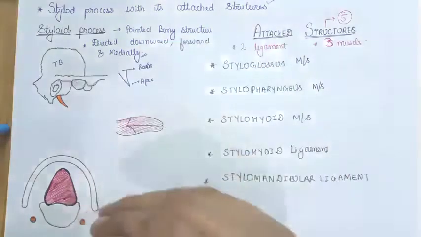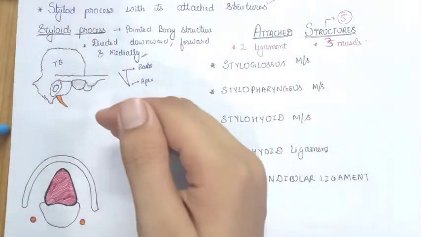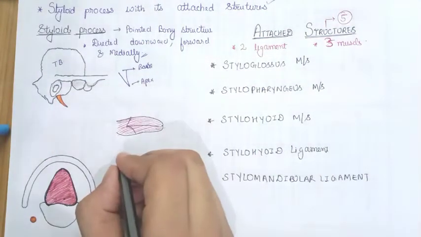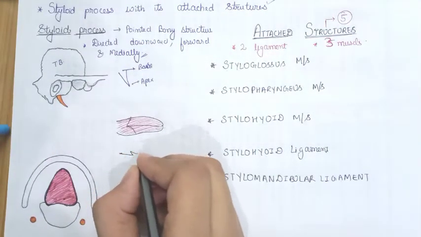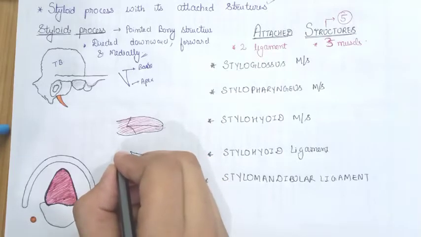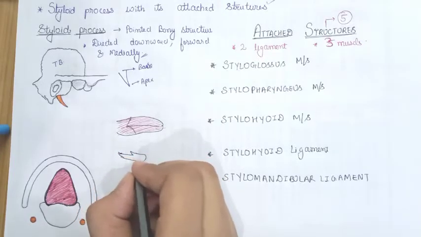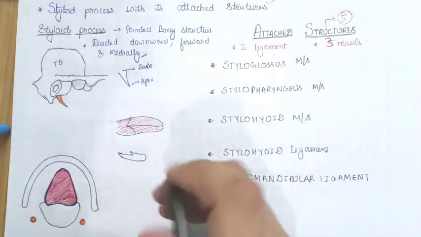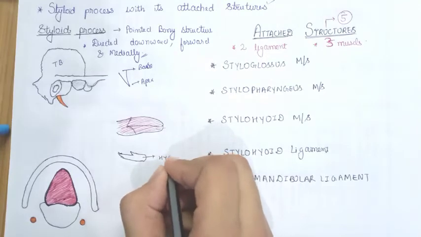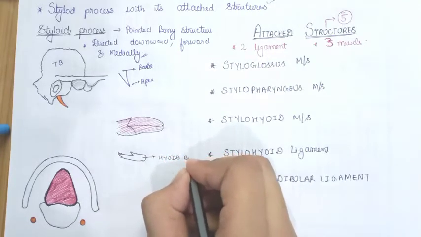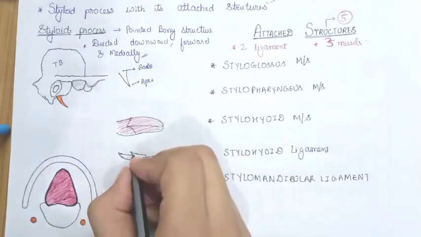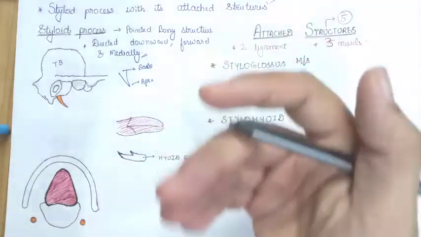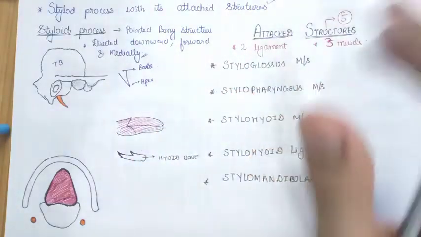Okay, this is the tongue. Now the next structure you should draw is the hyoid bone, present just below the tongue or the mandible. The features of the hyoid bone I will be uploading soon because it is a very important bone from the attachments point of view. Whenever we talk about the suprahyoid muscles or the styloid apparatus, this hyoid bone has a special importance. This is the lesser cornua and this is the greater cornua. You should know about all these features in the upcoming videos. This is the tongue.